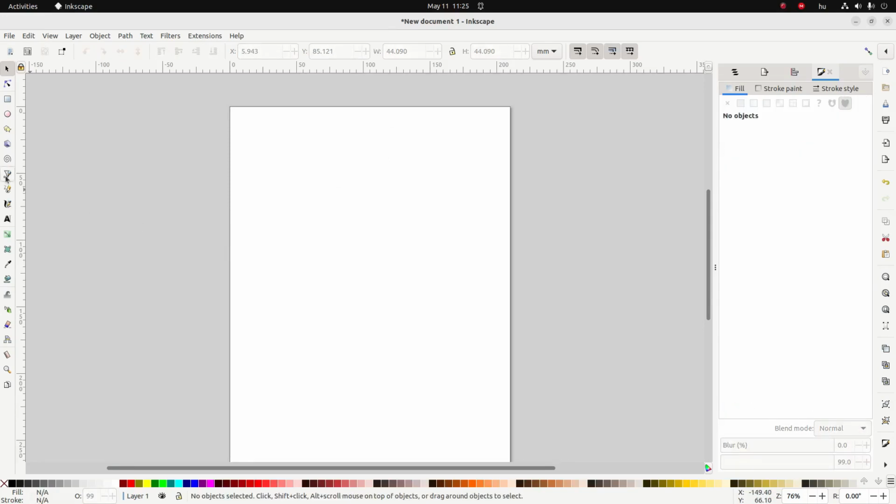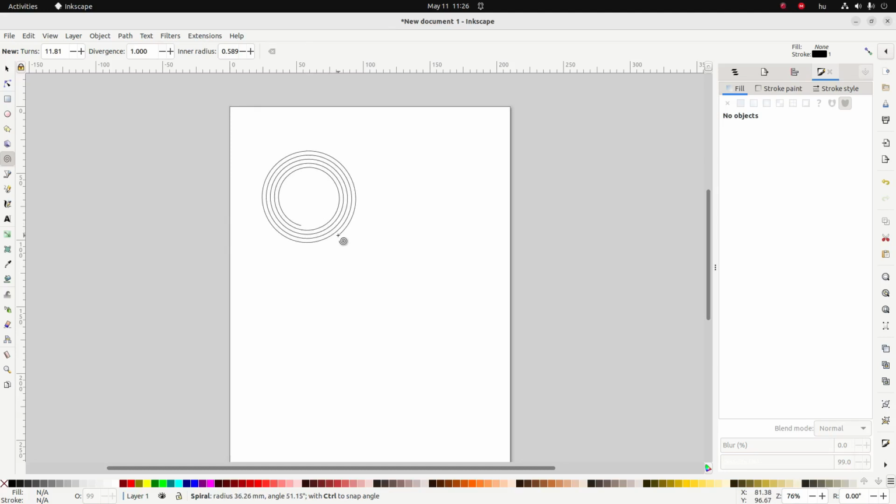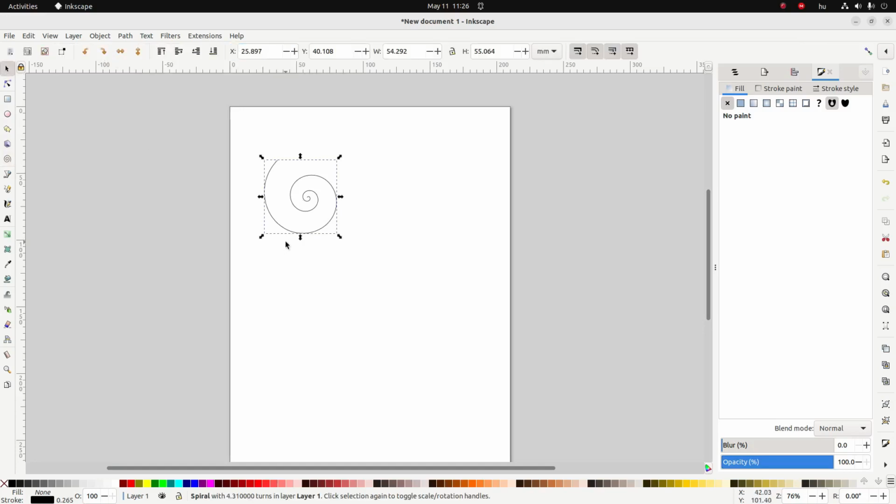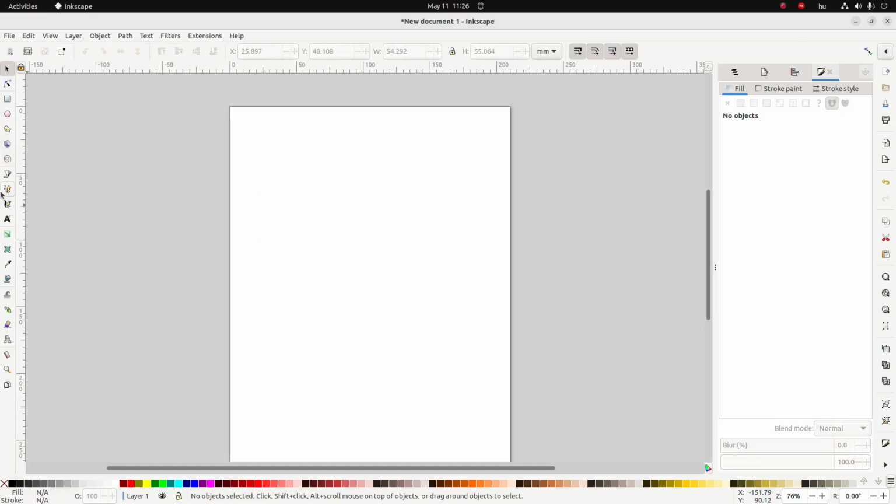We also have spirals. With spirals, we can change the number of turns, and the divergence, and the inner radius and the outer radius. These are pretty straightforward tools. And we also have